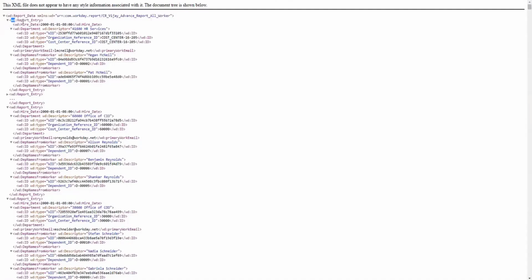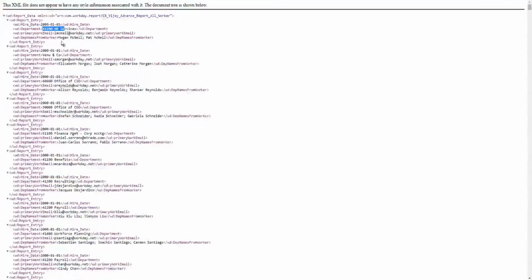So WD report entry, first worker, the hire date element for this. So WD hire date, the value of the hire date. First of all, let's understand it the simple way. So WD report entry. Inside this I have hire date, department, primary work email, and names from dependents of the workers. The information which is multi-instance in nature was having a one-to-one relationship: one hire date, one department,